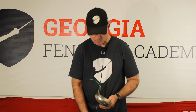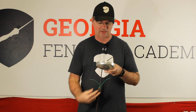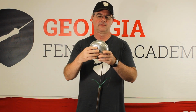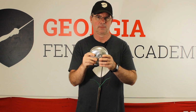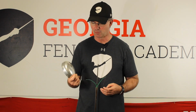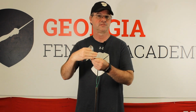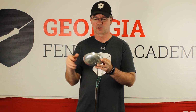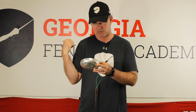Okay, now let's talk about putting the bell guard on the completed, or the wired, weapon. Now, you'll see that you have these little divots here. This is to basically line the wire up through the bell guard for right-handed, left-handed, or a more central positioning of the bell guard. This blade is canted for a right-handed fencer. It's a French grip. So what we're going to do is put the bell guard on so that it would facilitate a right-handed fencer. So the larger part protecting the outside line would be facing the outside here, this side,